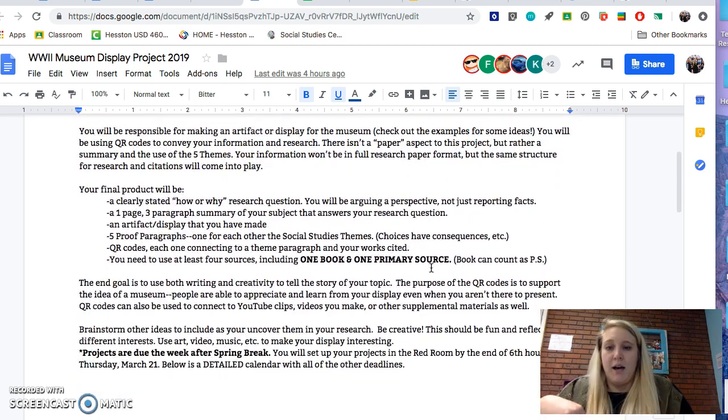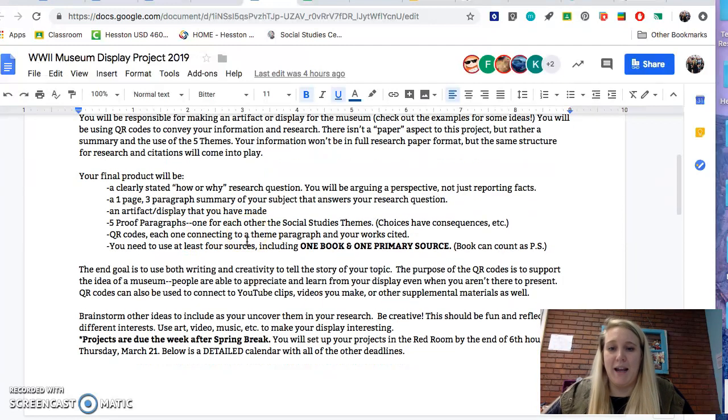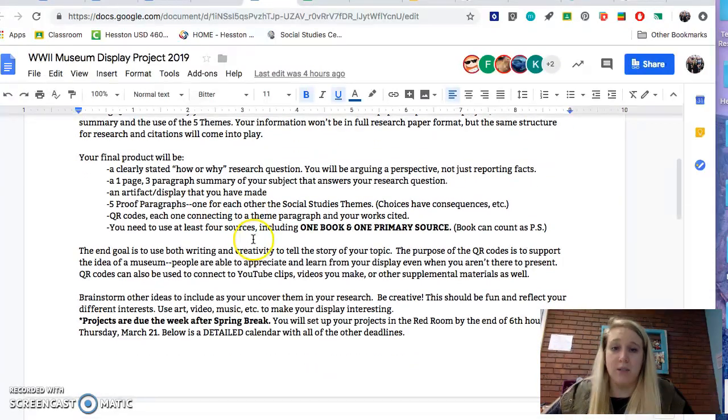The 5 proof paragraphs, I'm calling those proof paragraphs, each one proving how one of the themes is evident in your research, okay? And then the QR codes that connect them, and then you'll need at least 4 sources, including 1 book and 1 primary source. Again, a primary source is a